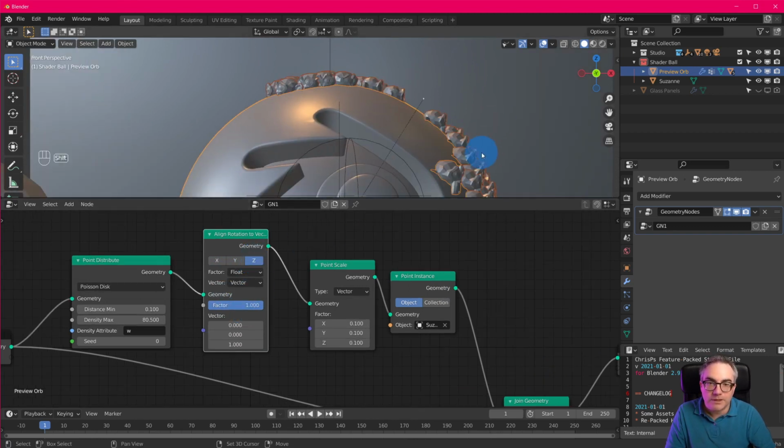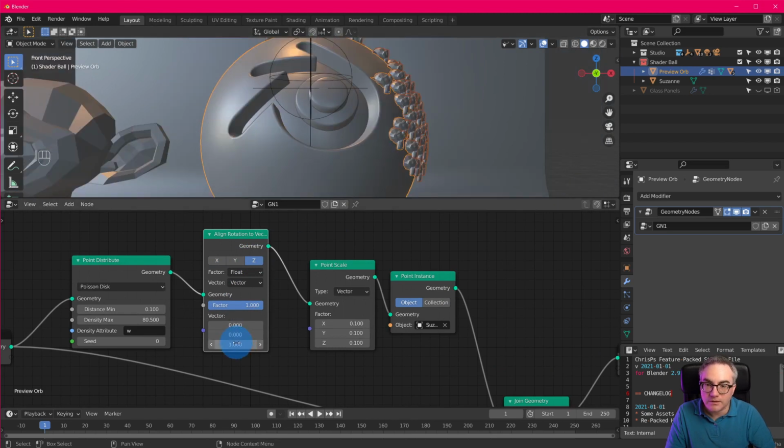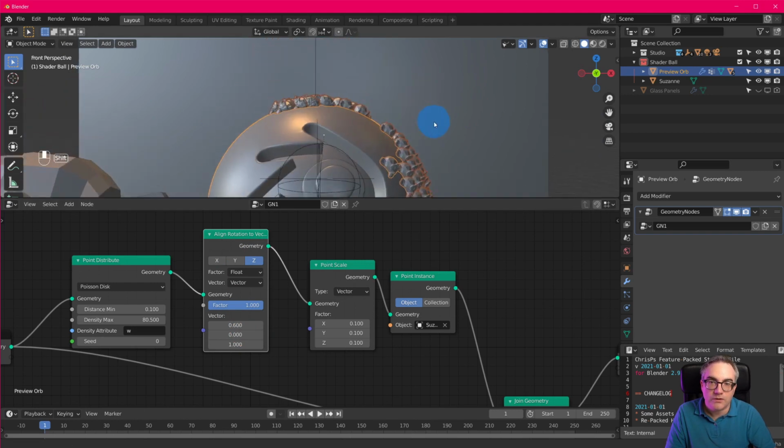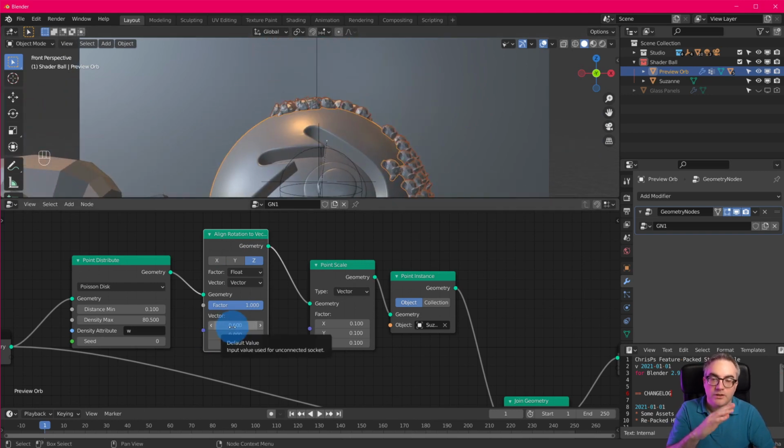What about if we set this to C and then we can change X, Y, Z? So you can see you can define a vector and you can align the rotation of the point to that vector based on its original rotation, which is the normals, right? So you can play with that. And also very interesting,